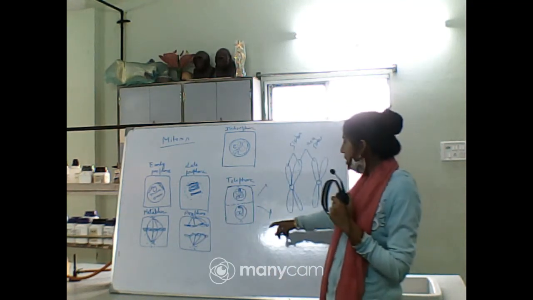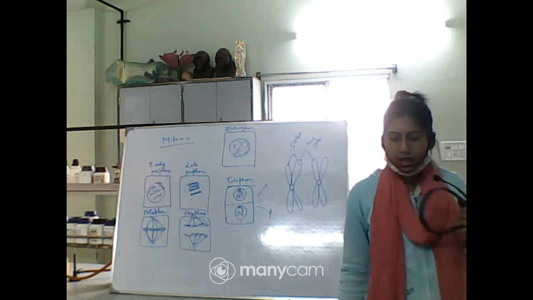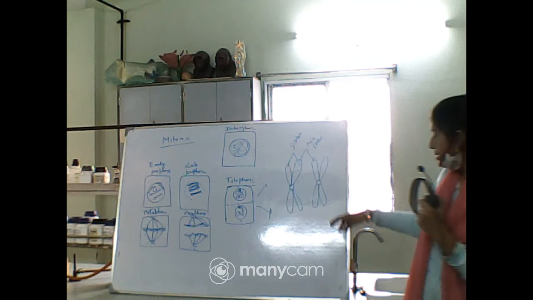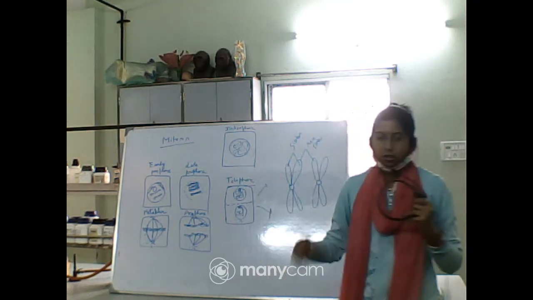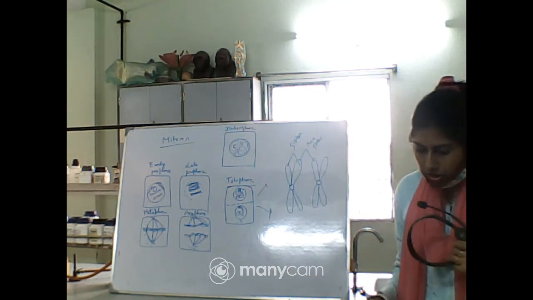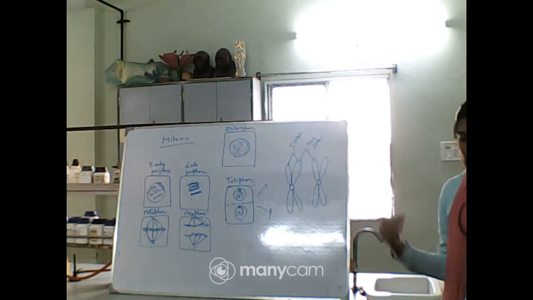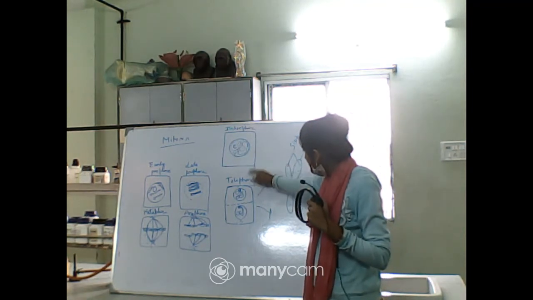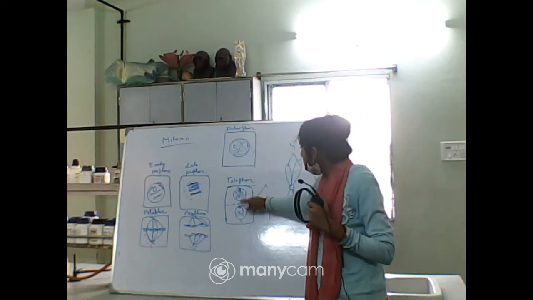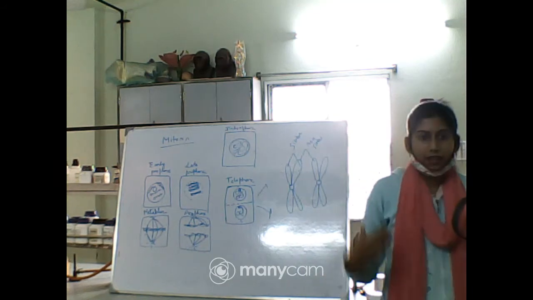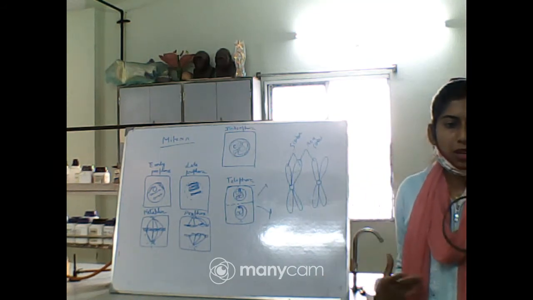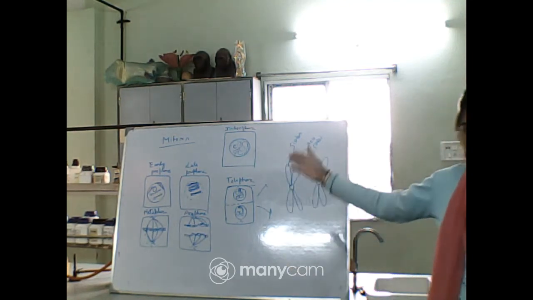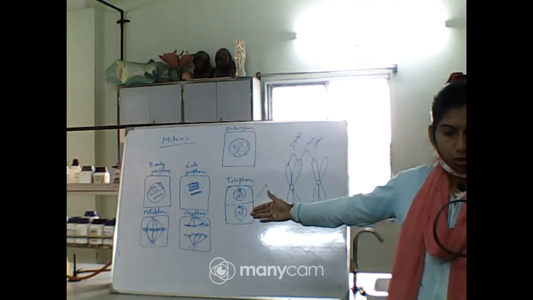Okay, now come to the last stage, that is the telophase stage. In the telophase stage, the spindle will disappear. You can see that spindles are not here. The chromosomes uncoil to form the chromatin fiber. Again it is coming back to this type of cell. You can see on the board the reappearance of the nucleus and nuclear membrane at the two opposite poles, right?